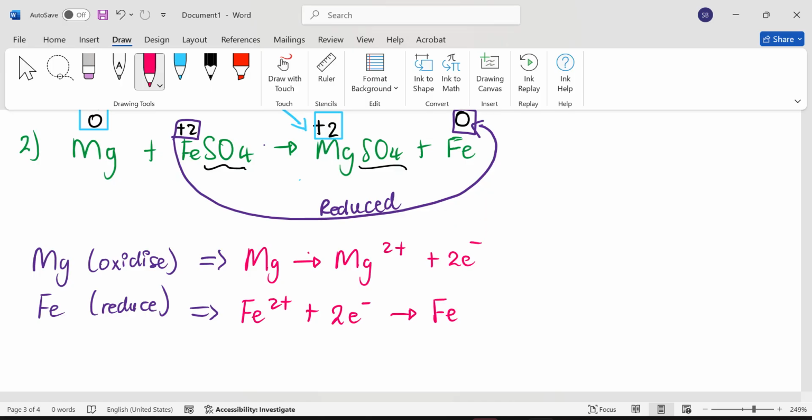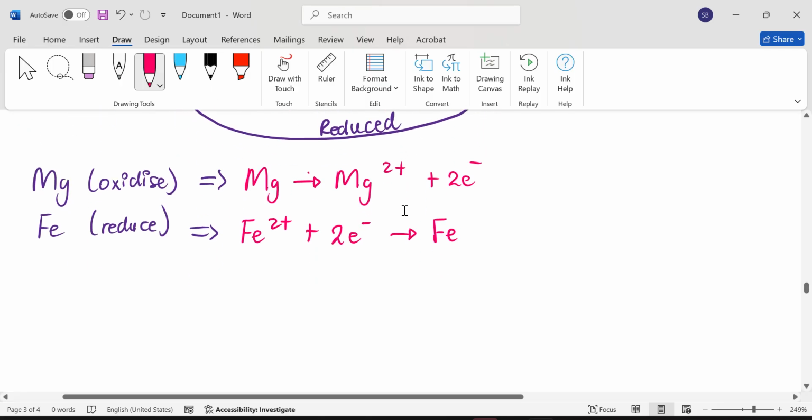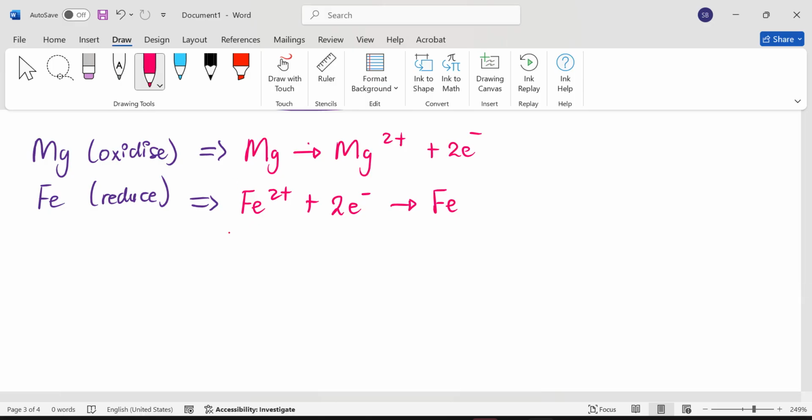Okay, now we can write our net reaction. Ooh, not too fast there, Munchie. We need to first balance our electrons. Are they balanced? Yes. Can I cancel out? Yes. 2 electrons cancels out 2 electrons. Can I write down my net ionic reaction? Yes. Yay! So I will then say magnesium reactant with reactant plus